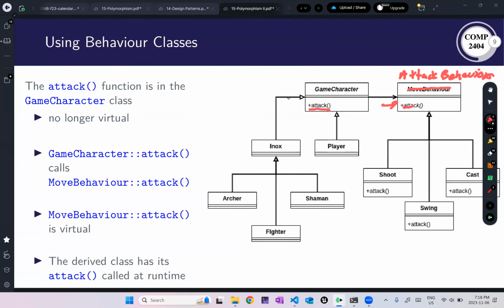So I now have an abstract class called AttackBehavior, and it has an abstract function called attack, and it has a bunch of concrete subclasses, behavior classes that know how to attack in different ways. The Shoot class knows how to shoot a bow and arrow, the Cast class knows how to cast a spell,